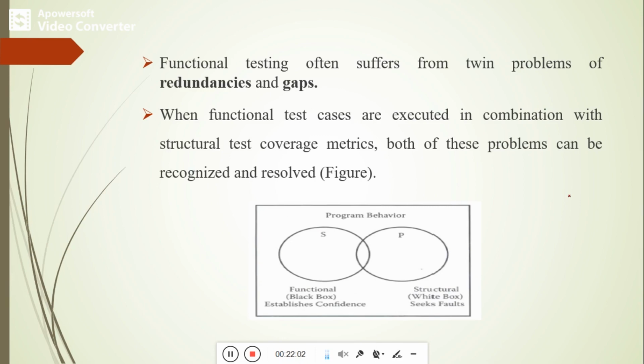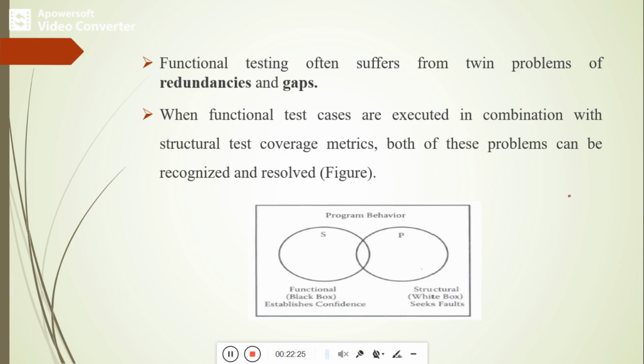Okay. In the figure below you can see a Venn diagram that explains the program behavior. S indicates the specification behavior, and P is the program behavior. The functional test cases, that is black box testing, come under the specification behavior. The structural test cases we are covering under the program behavior.